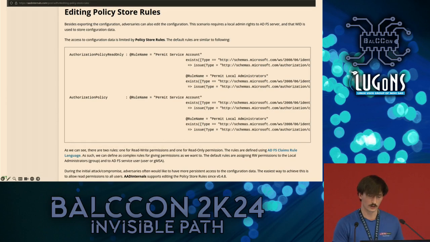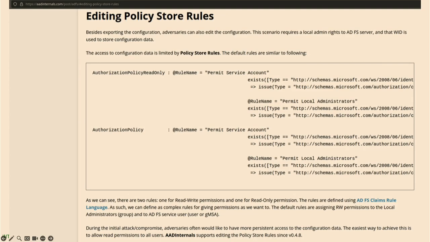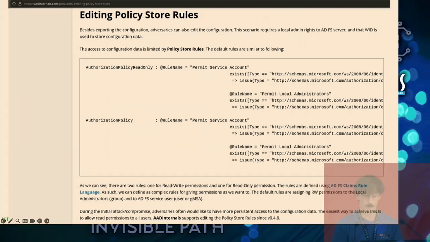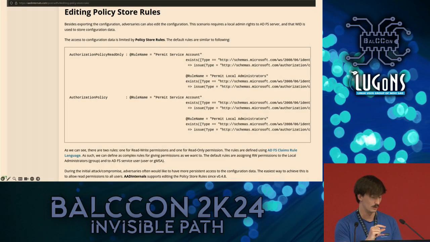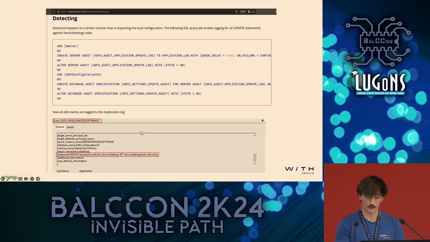So essentially, when an attacker wants to have persistent access to ADFS and maybe carry out a golden SAML attack in a future scenario, they can set the access controls for the token signing cert to be more permissive, so you don't require administrative access to the server, so you can just fetch the token signing cert as a standard user. So this is a very easy way of maintaining persistent access to that information. Obviously, you can generate your own audit rules for this behavior. It gives you the actual statement, so you're updating this identity server policy service settings to be more permissive.